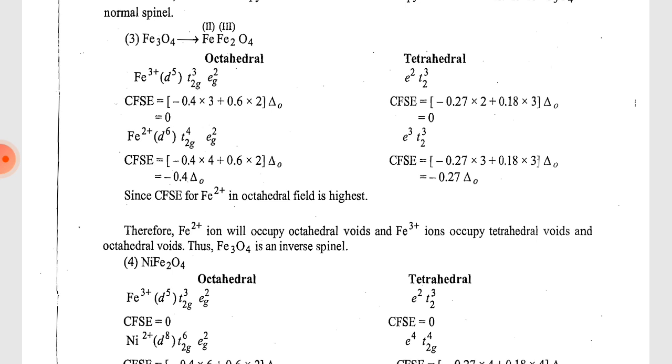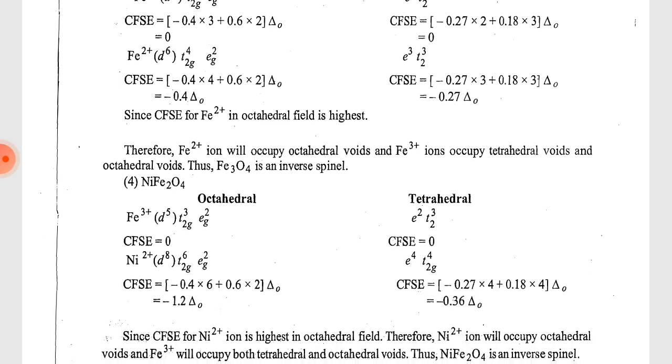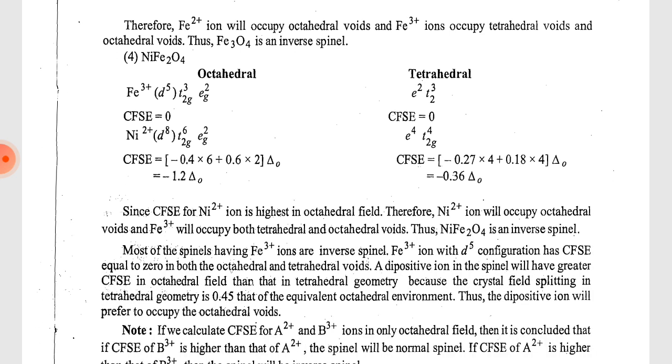Fe2+ d6, t2g4 eg2: CFSE is equal to minus 0.4 multiplied by 4 plus 0.6 multiplied by 2, delta 0, which is equal to minus 0.4 delta 0. In tetrahedral, e3 t2 3: CFSE is minus 0.27 multiplied by 3 plus 1.18 multiplied by 3, delta 0, which is equal to minus 0.27 delta 0. Since CFSE for Fe2+ in an octahedral field is highest, therefore Fe2+ ion will occupy